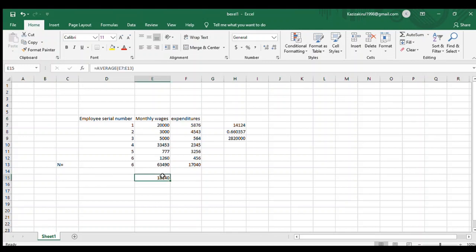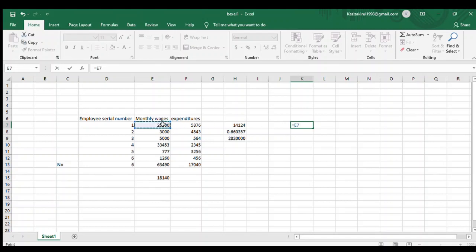Suppose we want to know the difference between average wages and monthly wages. So for this we need to lock these cells. So how to lock a cell in Excel? Suppose we select the monthly wages of serial number 1 minus the average cell. To lock the average cell, we need to put a dollar sign before E and 15,